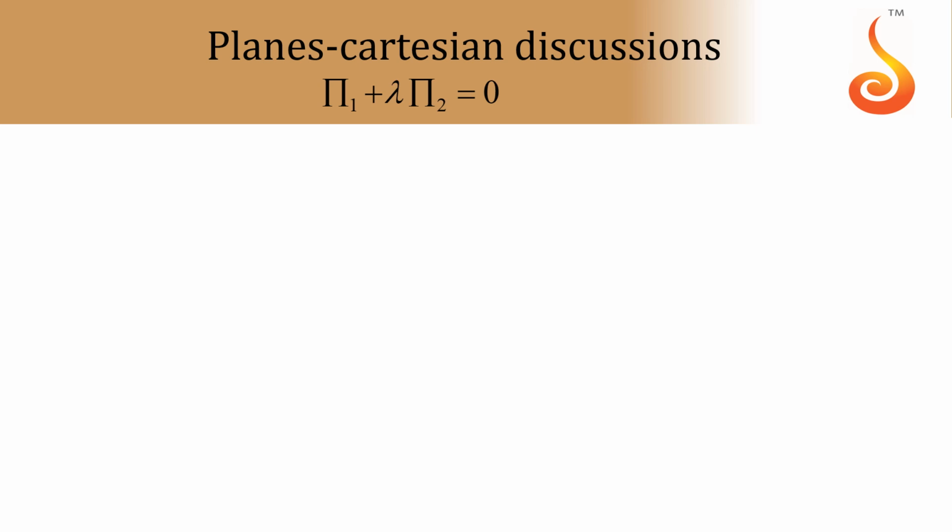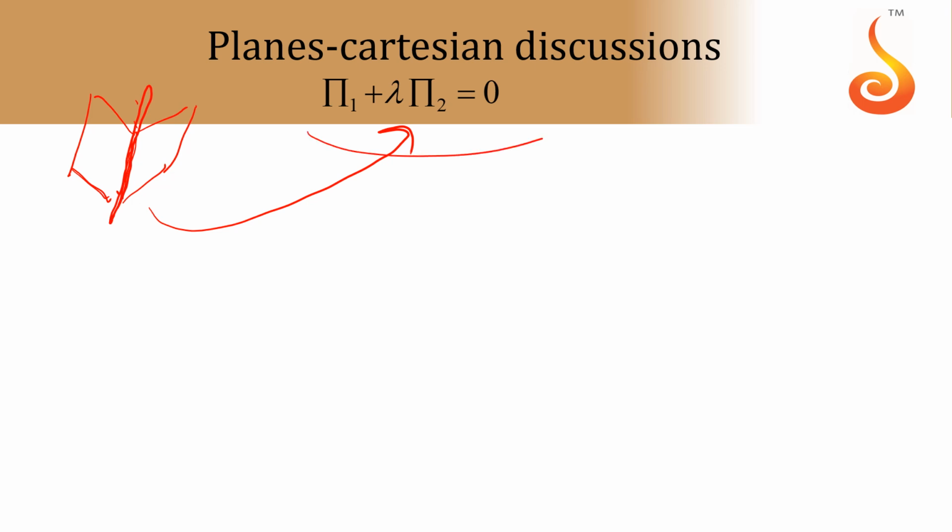Then what do you mean by pi 1 plus lambda pi 2 equal to 0? Suppose two planes are intersecting, and this is the line of intersection. Through this line of intersection you will have infinite planes. All those infinite planes can be developed using pi 1 plus lambda pi 2 equal to 0. It is called the family of planes having this line of intersection